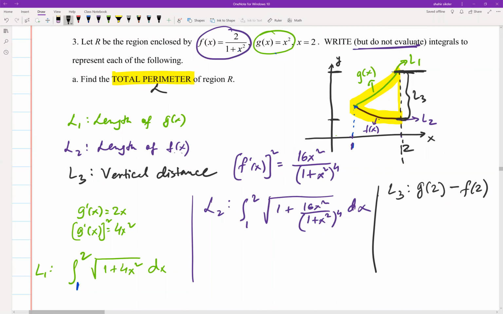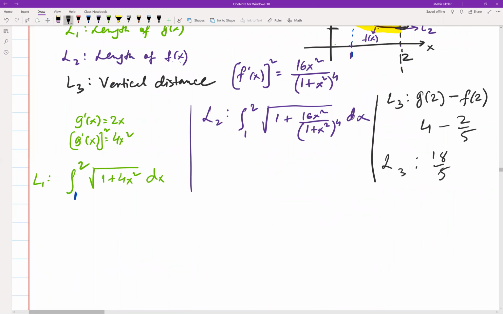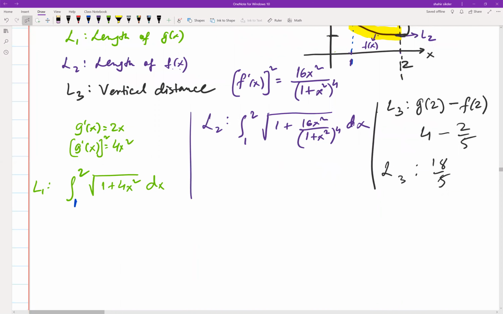So what is g of 2? g of 2 is 2 squared, which is 4, minus f of 2, which is 2/5. So the LCD is 5, so 20 minus 2, it would be 18/5. So that's my L3. So your final answer, the total perimeter,